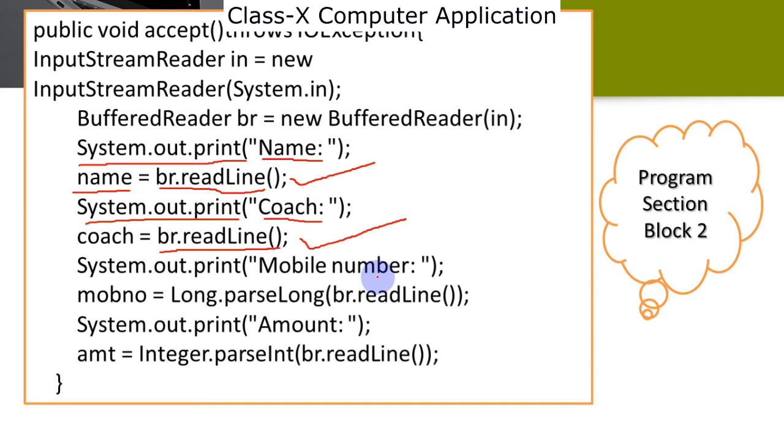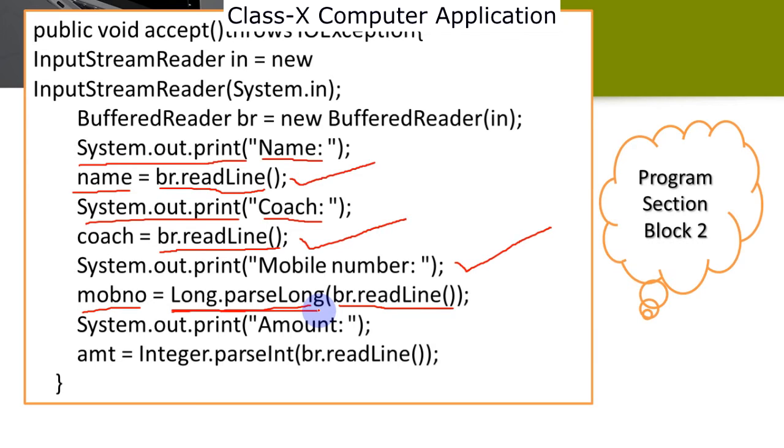System.out.print mobile number. This time, the third time, we are accepting the mobile number. Keep in mind that mobile number belongs to the integer family, not the string. So for mobile number, we have created a variable mob number is equal to Long.parseLong(br.readLine()). Long was a data type we initialized in the previous slide. So we are using Long.parseLong in the bracket br.readLine. This syntax will help you to accept a number that is a combination of